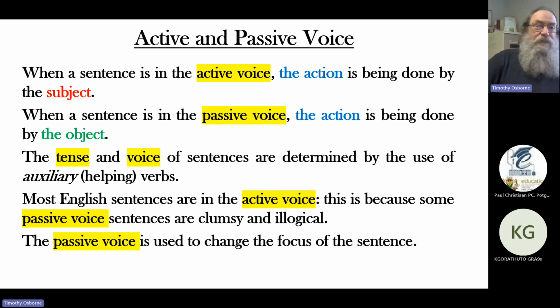Now, obviously, this is just a reminder of yesterday's one. When the active voice, the action, the doing is done by the subject, and conversely,